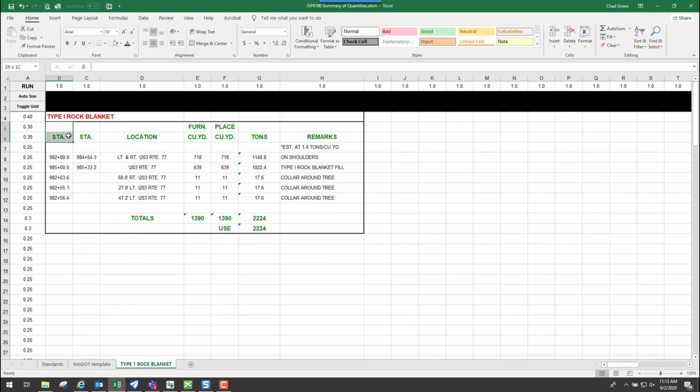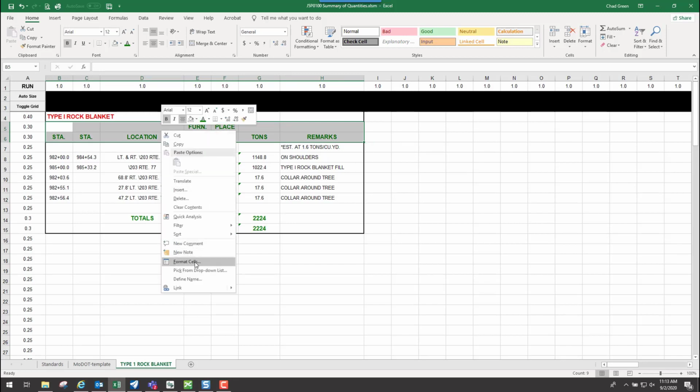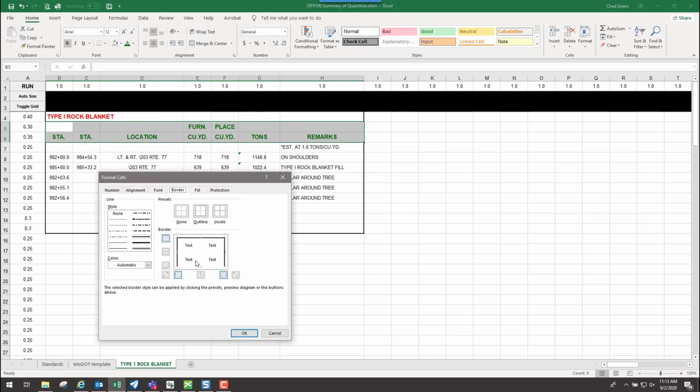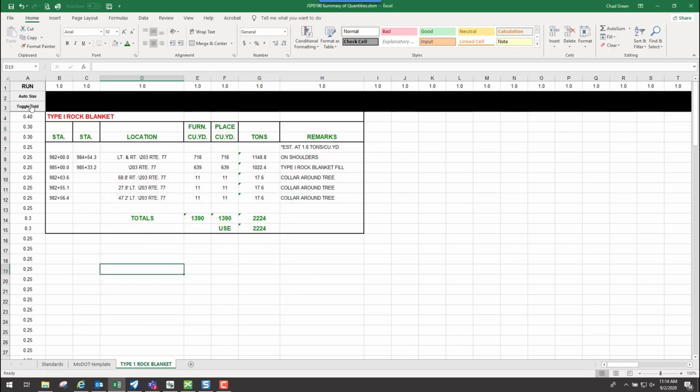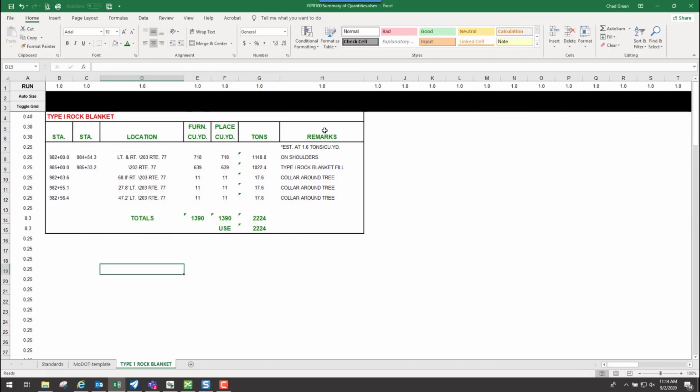Now I will make a selection set from B5 to H6. Now in this one here I will do the same thing. I will right click over it and do the Format Cells. This time I want a border on the bottom of it, which is still that thicker line weight, which is a continuous line style, and you'll see that whenever we go back to the Standards tab here in a second. But I also want a line that breaks out each one of my columns. I don't want a line going through the middle of it, which would be this line right through here. I don't want that, so I would leave that blank, just the way it looks right there. So once I have that, go ahead and click on OK. And of course, if I toggle off the grid, you'll see that's going to look something like that.